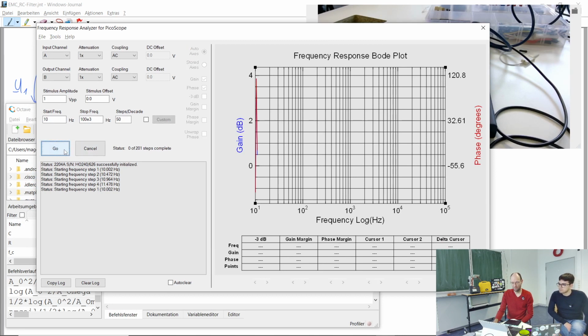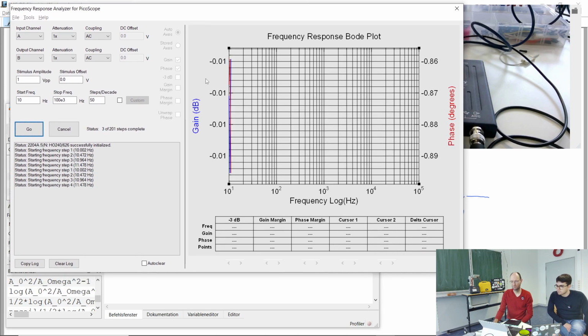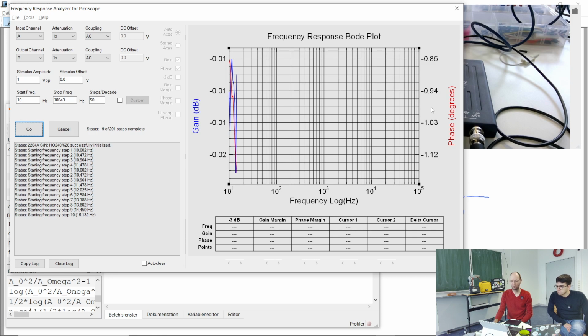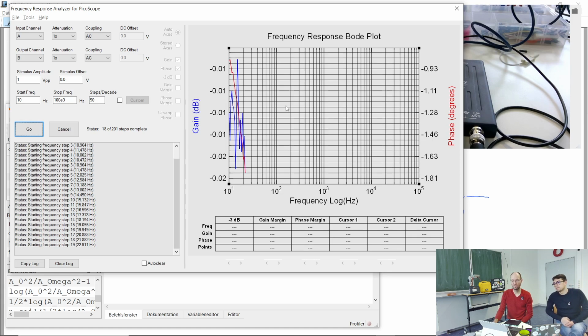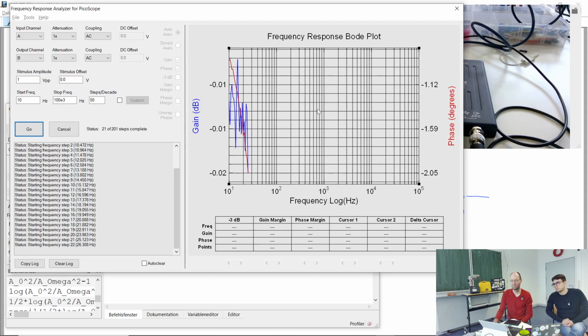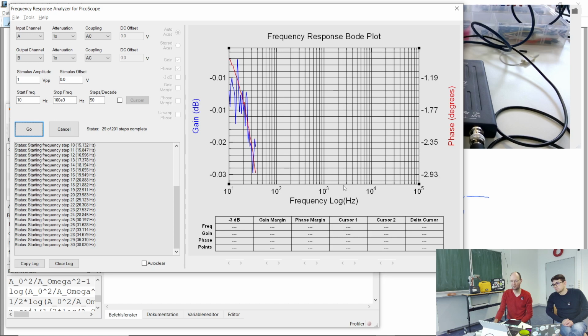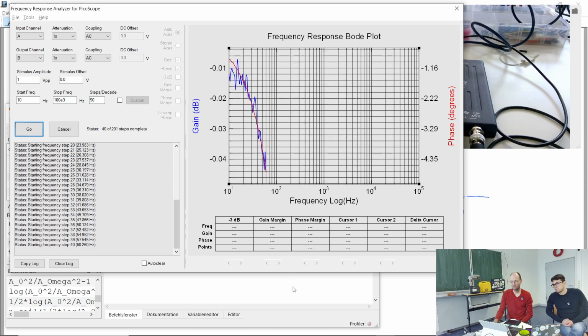So we will start once again, and we should start with 0 dB of gain and 0 degree phase. And this is 10 Hertz, this is 100 Hertz, around 100 Hertz. Okay, something might start to happen. And then here we should see a drastic drop of our amplitude response going down. And while this is measuring,